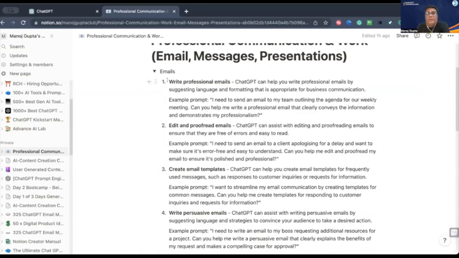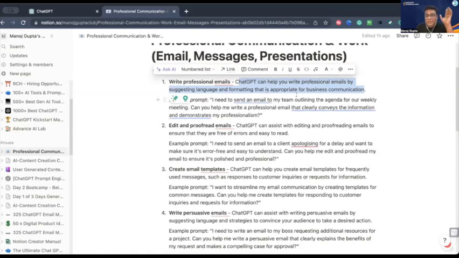So here you can say, for example, अगर आप लोग को professional email लिखना रहता है, right, तो write the professional emails. Here I can say ChatGPT can help you to write the professional emails and have the appropriate business communication. मैंने बहुत लोग को fire होते हुए देखा है. Trust me, many people got fired because they have misspelled many things in their business communication. वो कंपनी के CXO को मेल भेज दिया था with some lousy language and they got fired. So you need to be very careful, if you are a working professional, about the language you use. So you can write brilliant professional email using ChatGPT.